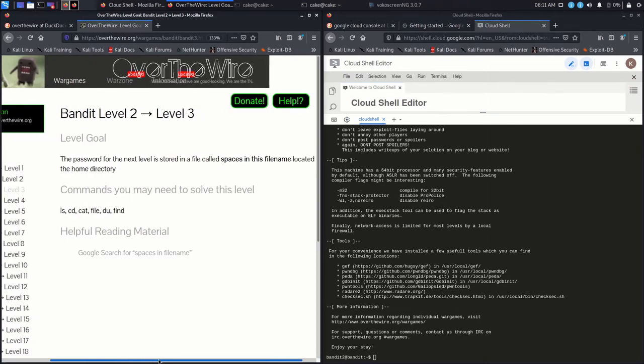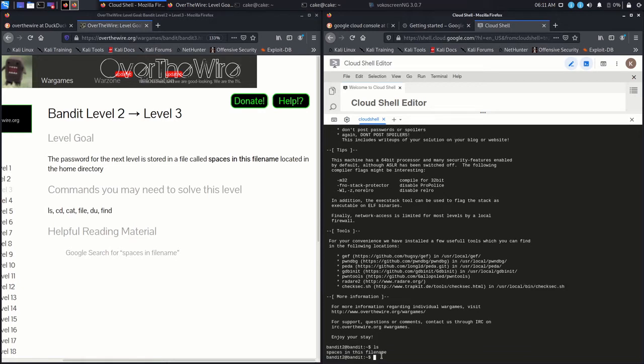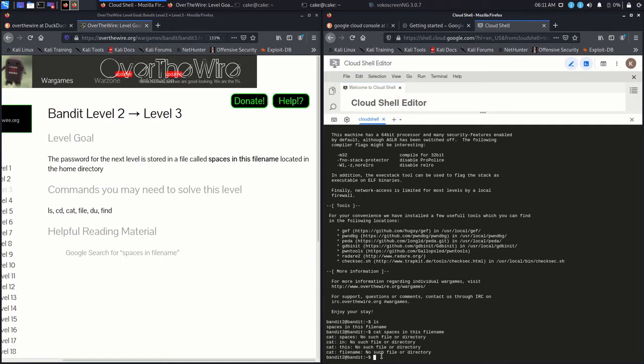Okay, the password for the next level is stored in a file called spaces in this file name. Okay, let's go. So as usual, ls, hit enter. Okay, so that's the file. The file is called spaces in this file name. Okay, let's try to do a cat, and then we're probably going to type in spaces in this file name, hit enter. Okay, and as you can see, cat spaces, no such file or directory,